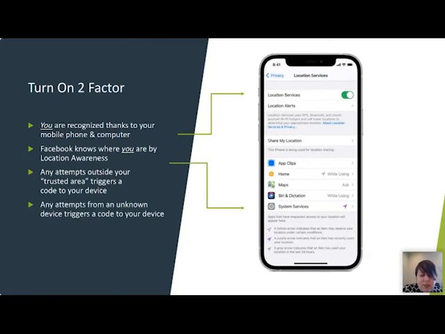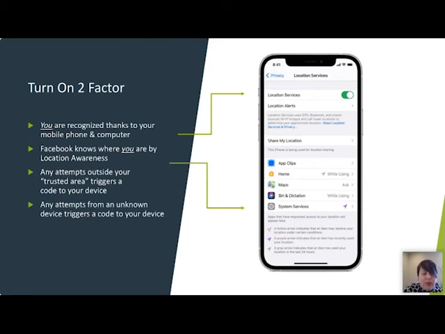So this is just a little overview of what two-factor is. When we use the term two-factor, what do we mean? Two-factor authentication is recognizing you by your device. I have teenagers at home, and I think their phone is literally an extension of their hand. It's part of their person, they're never without it. So what two-factor uses is the technology of knowing your device and what you've logged in under. It is very device related. It knows your phone, it knows your computer, or any devices for which you've logged in and confirmed who you are.